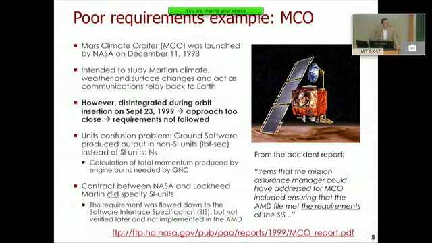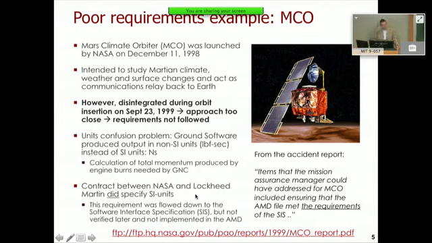This is the very famous confusion of units problem, you've heard about this, right? One part of the team used SI units, specifically Newton seconds. This is momentum, force times time. So when you burn your engines for a number of seconds, the product of those two is your momentum. And then another part of the team used English units, pounds of force times seconds. And that was fundamentally the problem that caused the burnup.